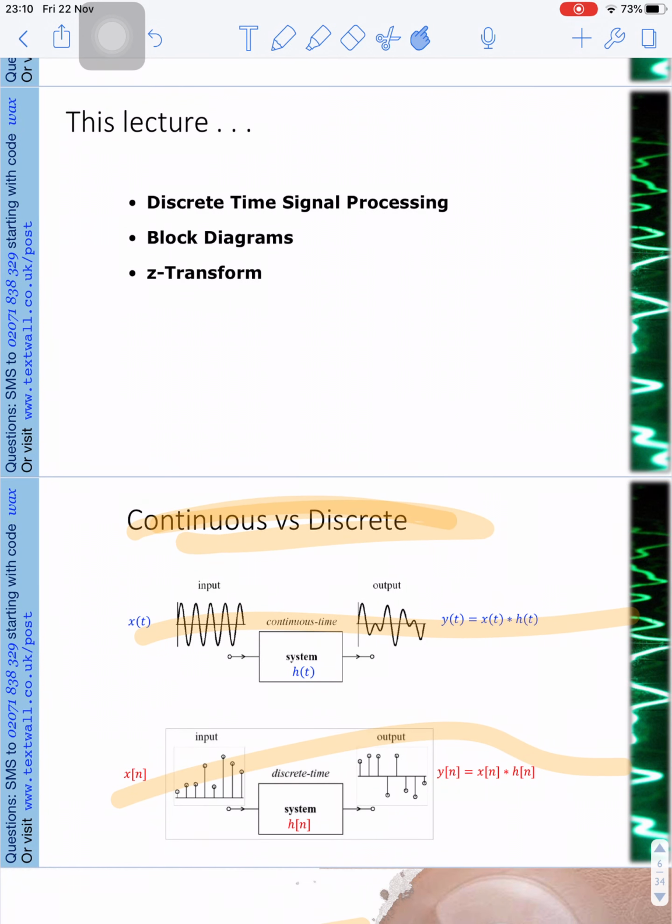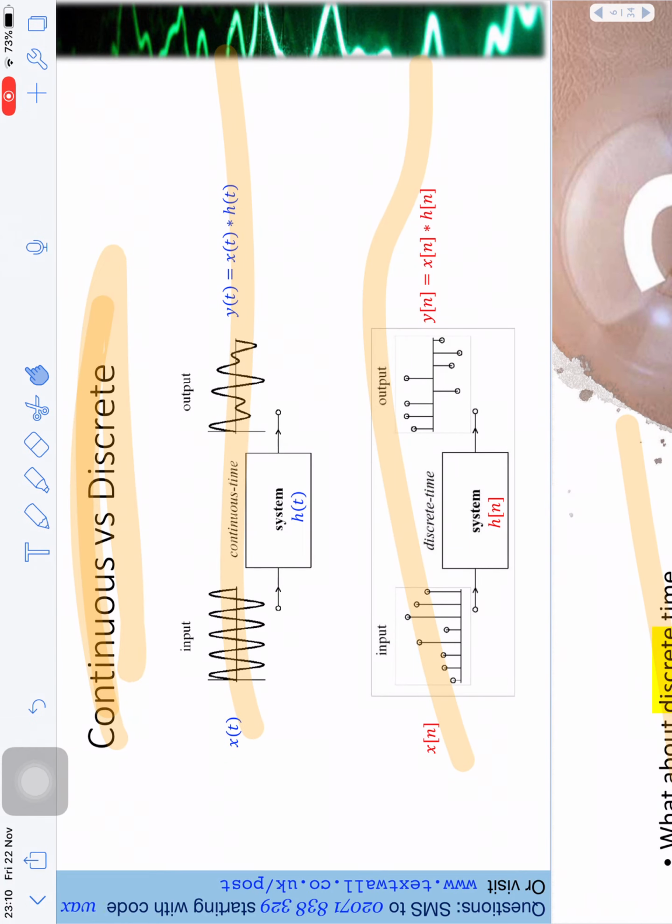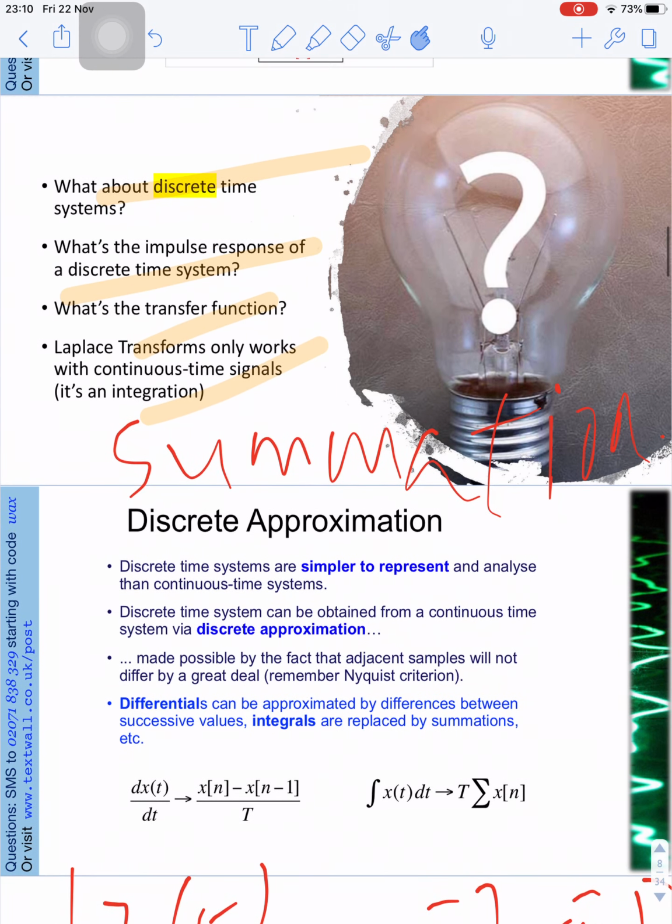And in this lecture we're going to do discrete time signal processing, the block diagram, and the Z transform. So the continuous and discrete time is just like, if the input is continuous time, the output is continuous time, and if the input is discrete, the output is discrete, then it's a discrete time system, and it will have the corresponding h[n] rather than h(t), right? So for the discrete time system, we're going to learn the impulse response